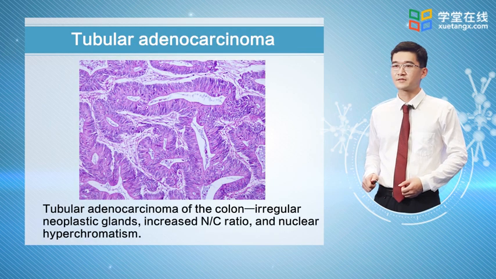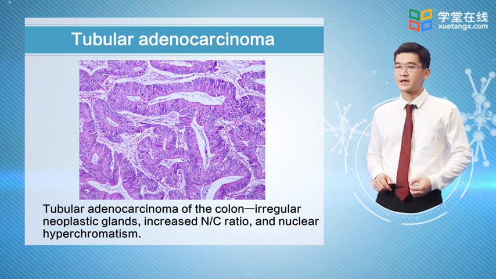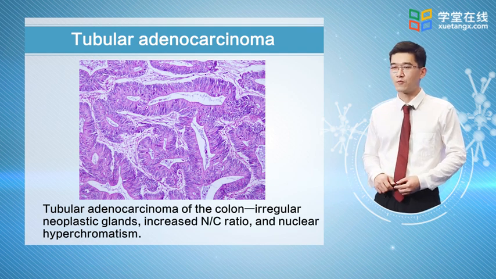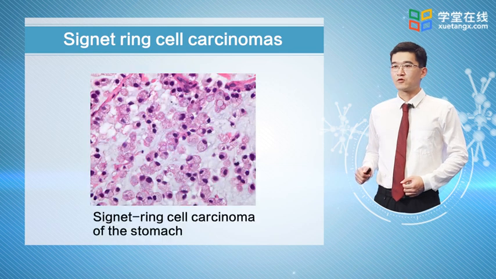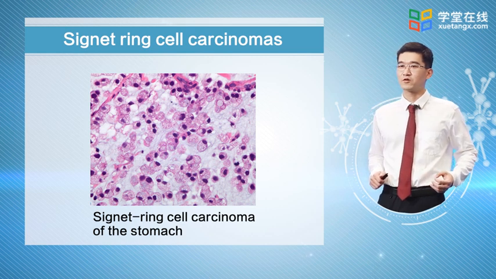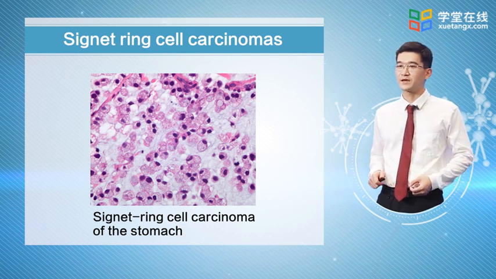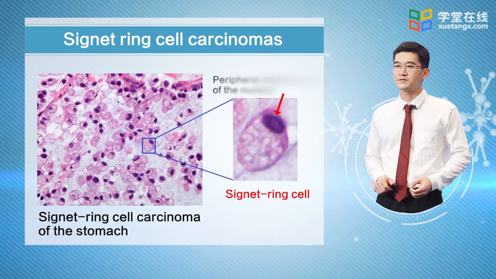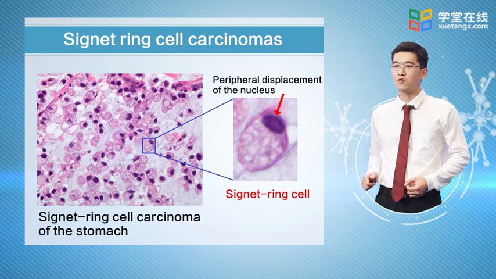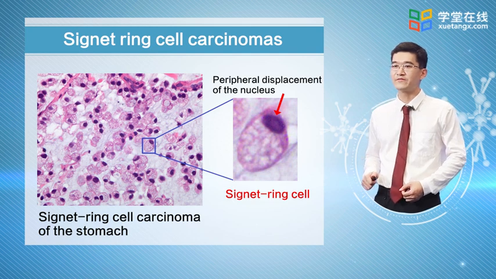This tubular adenocarcinoma of the colon has irregular neoplastic glands. The neoplastic cells have an increased nuclear to cytoplasmic ratio and nuclear hyperchromatism. As shown in this micrograph, signet ring cell carcinomas are characterized by loss of intercellular cohesion with intracytoplasmic mucin-filled vacuoles. This produces a typical signet ring cellular deformation with peripheral displacement of the nucleus. The signet ring cell pattern is typical of the diffuse type of gastric adenocarcinoma, which tends to be highly infiltrative and